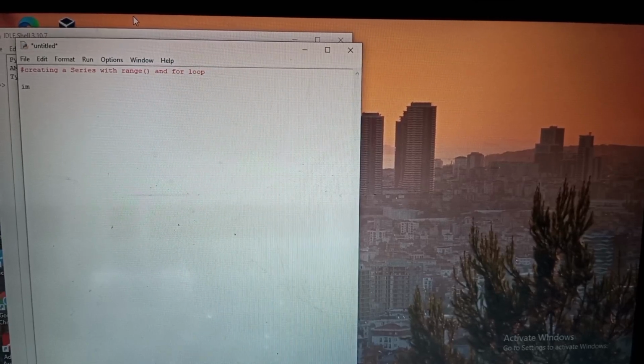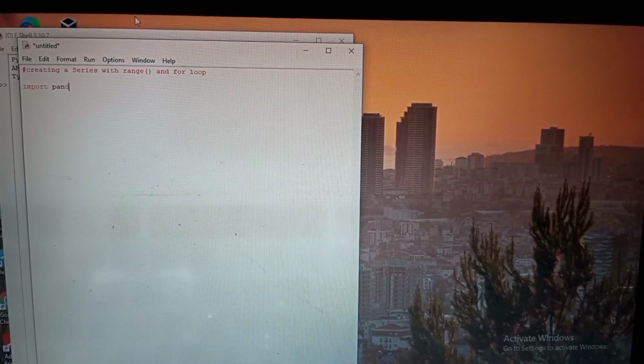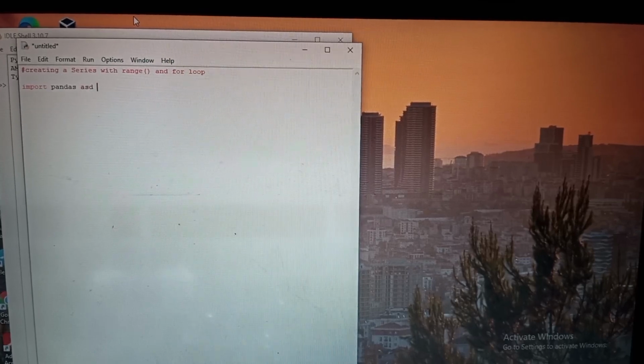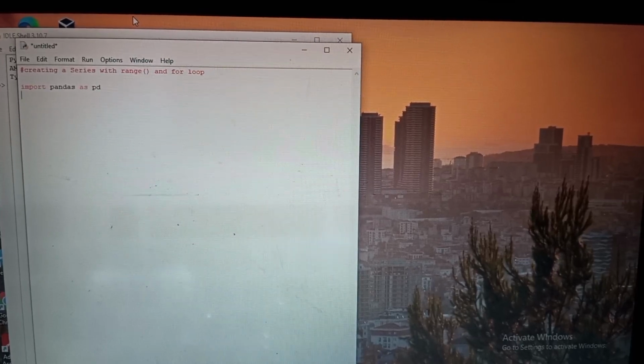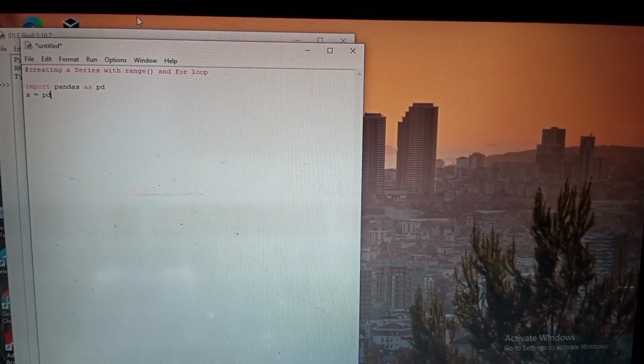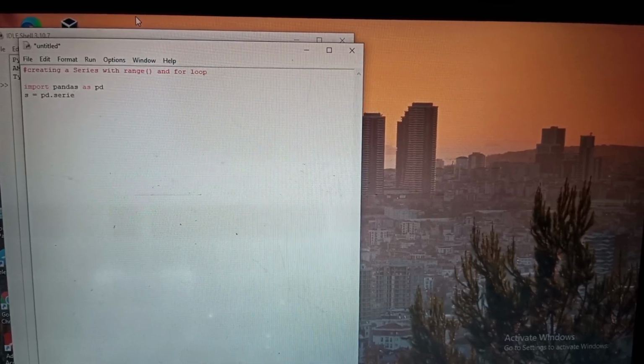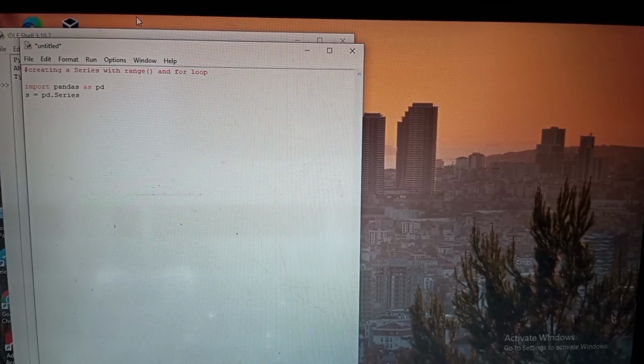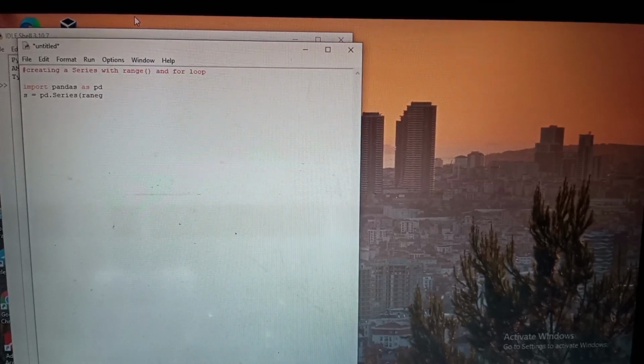So we will enter import pandas as pd, and we will enter series, and